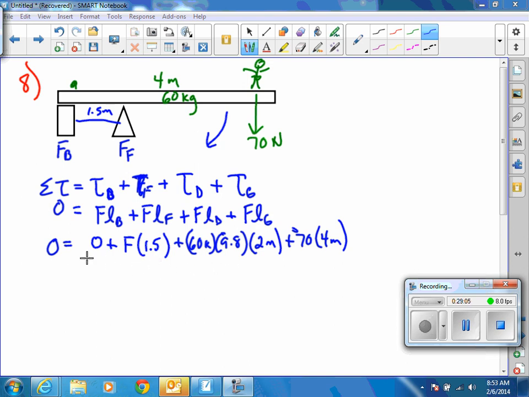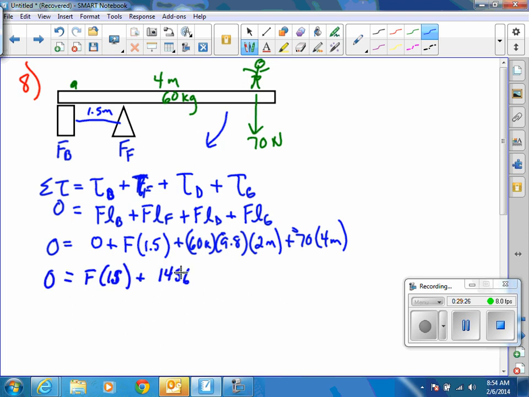Let me go ahead and write everything out here. I got 0 equals F times 1.5. That's 1.5, not 0.15 for all you dyslexics. Plus 1456, and that's negative 1456 because all this is acting down. When I take that 1456 to the other side and divide it by 1.5 to get F,